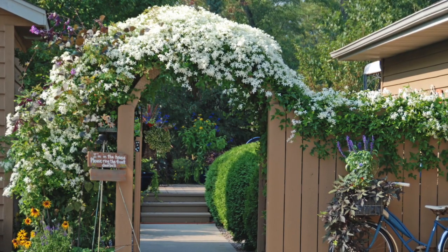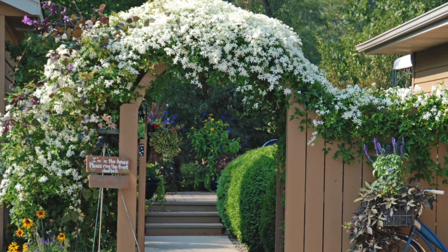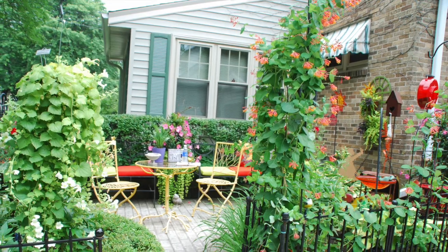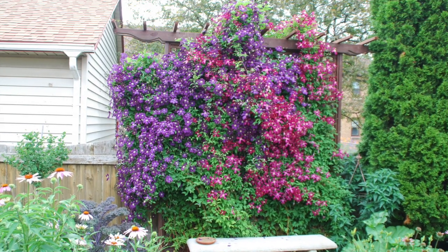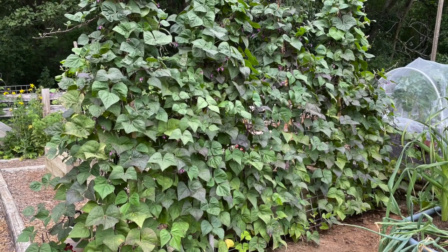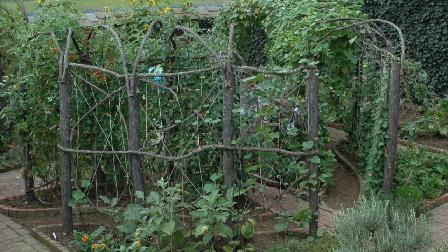Use a vine-covered trellis to create an inviting entrance into your yard or to delineate garden spaces. Include a flower-covered obelisk as a focal point in the garden, or cover a fence with plants to screen an unwanted view. Try growing beans, peas, melons, cucumbers, and flowering vines on purchased supports or those made from landscape trimmings